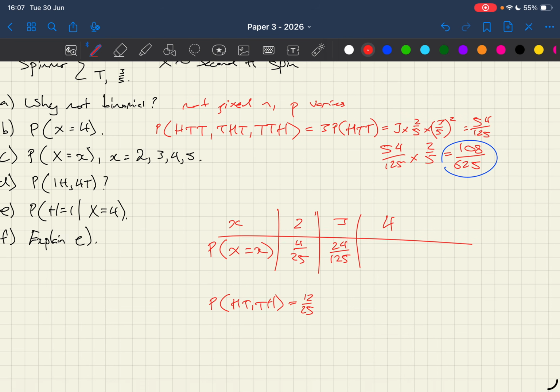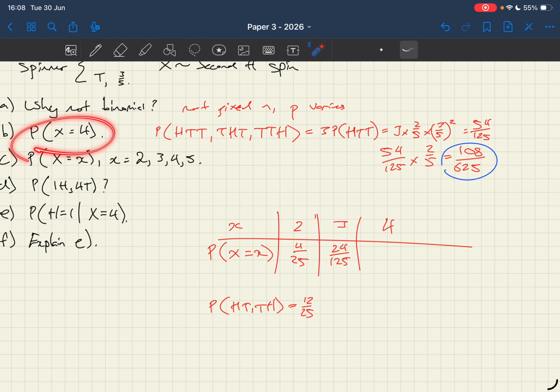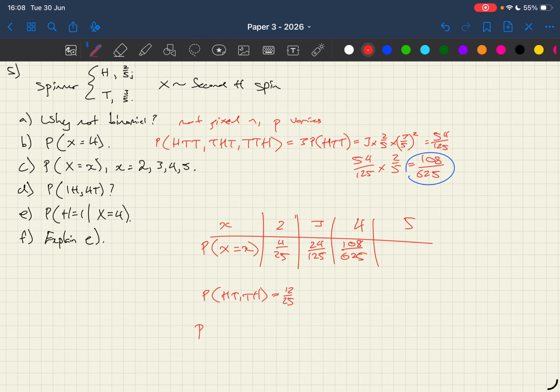For 4 then, let's have a look. What did we do? We did 4 already, didn't we? So that's one we did know. So it's 108 over 625. And then for 5, well, we need to have the chance of getting to position 4 and only